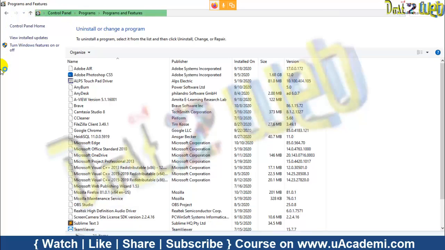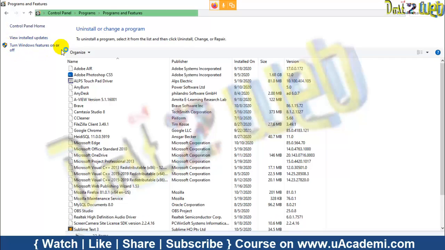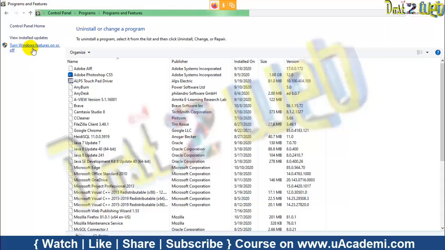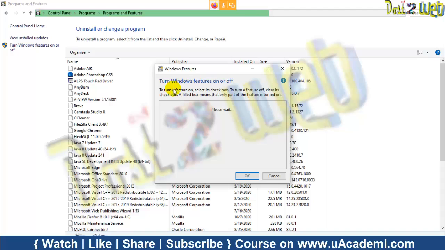On the left-hand side, you'll get an option called Turn Windows features on or off. You have to turn this on, then only it will work. So we have to turn it on. Wait a few seconds for this window to load.